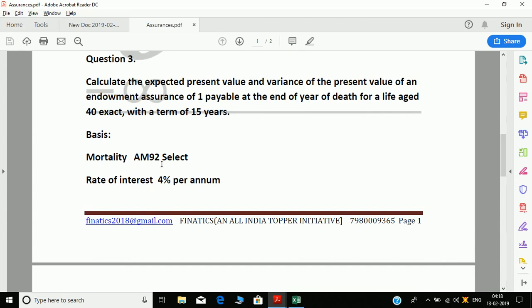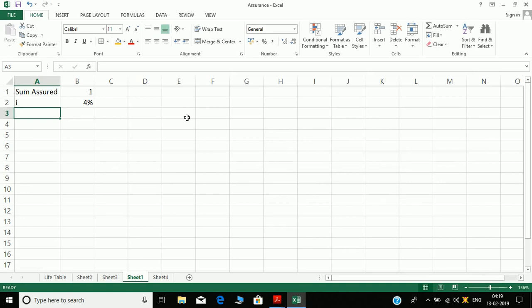So we have to be very careful with select. Then our term is 15 years. Before that we'll calculate v, which is nothing but 1 by 1 plus i, to the power of the term, 15 years.